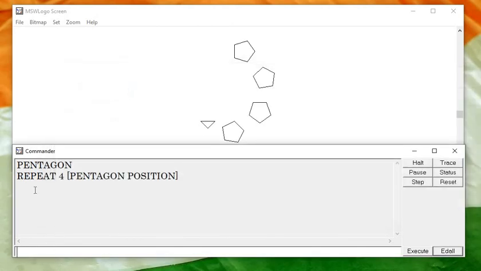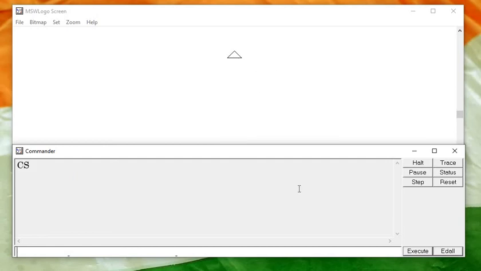Now again I write this command, and first of all we can clear our screen and clear our text using CS and CT command.